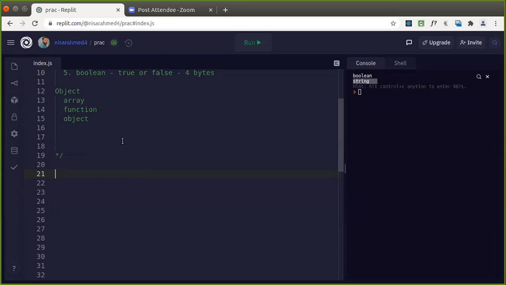In detail, we are going to have one complete session on arrays in the next sessions to come this week, maybe tomorrow or the day after tomorrow. But right now, how an array is an object type is what I'm going to cover here. So how do we declare an array in JavaScript?